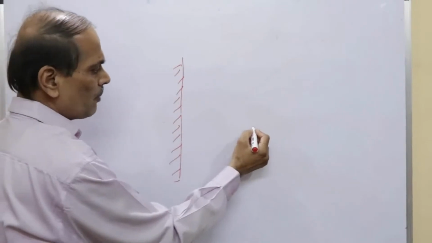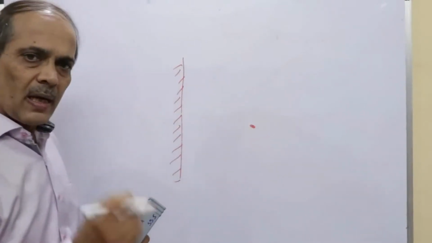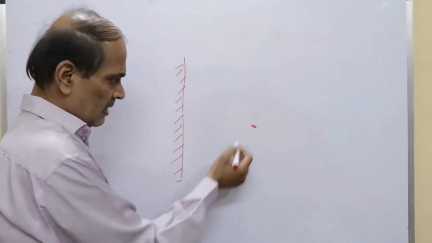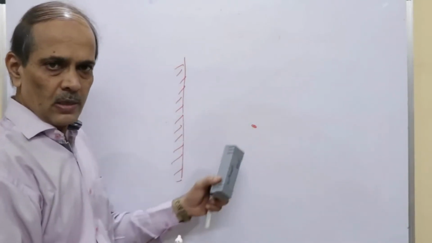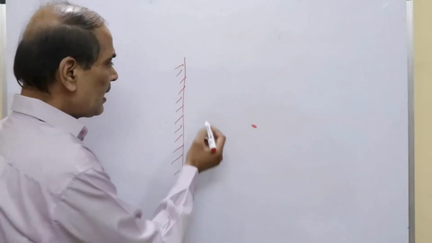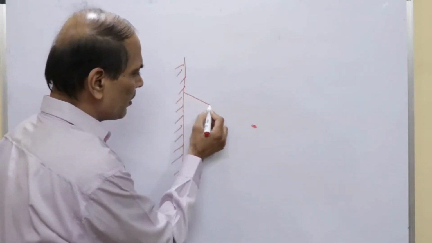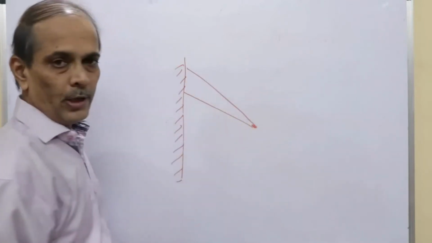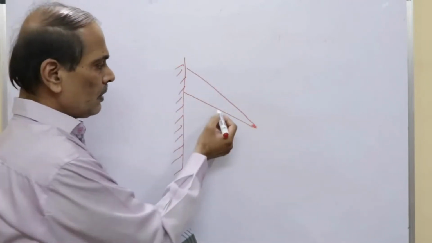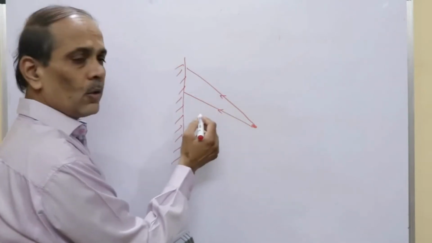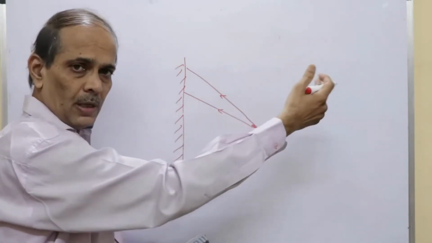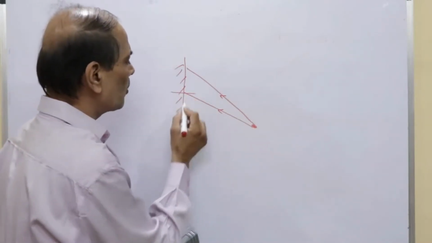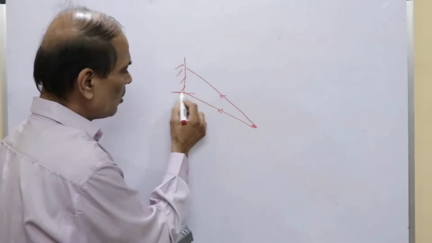If I place any object in front of it, I'll take a point object. Now you know there are several rays starting from this object, because this object is not a mirror, right? Let us take any two rays. If I take this ray, or if I take one more ray, starting from the same point. Now these rays are falling on the mirror, and you know they'll get bounced off following the same law of reflection. That means I have to draw a normal here.